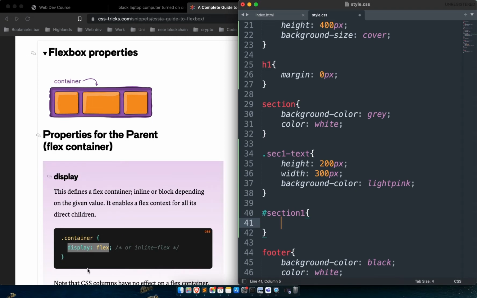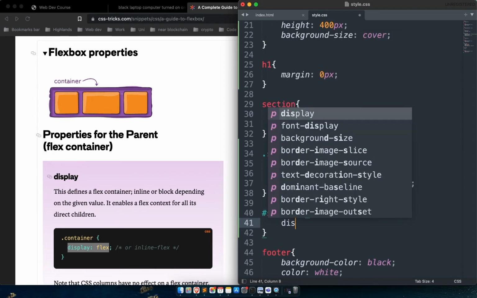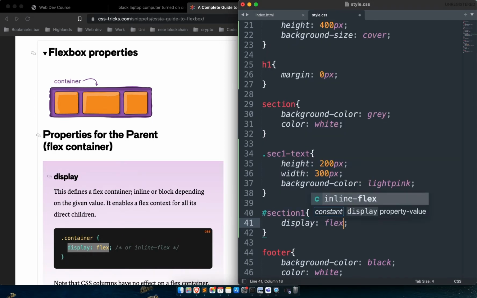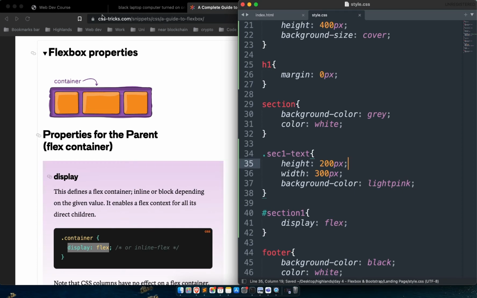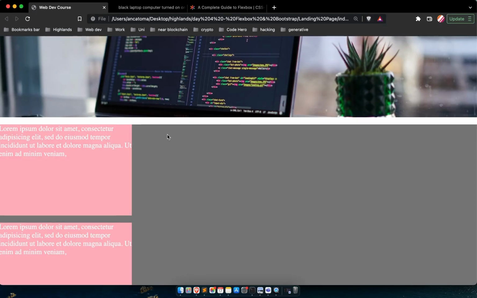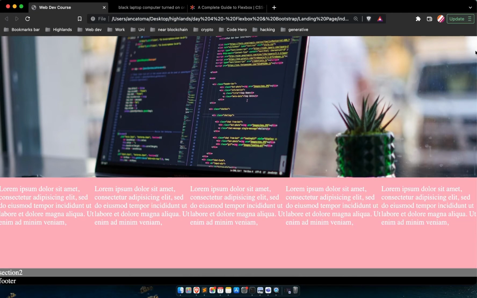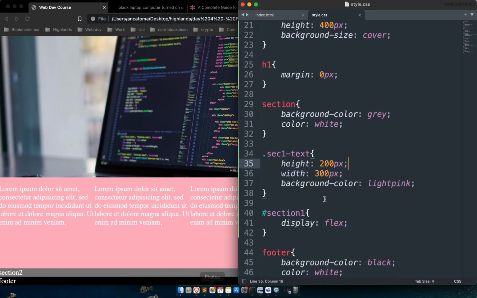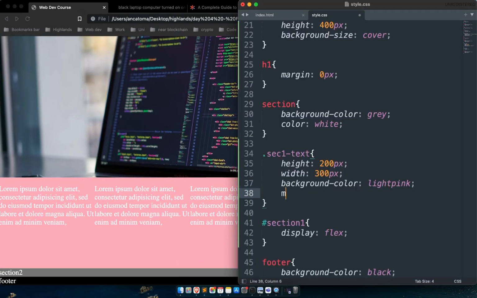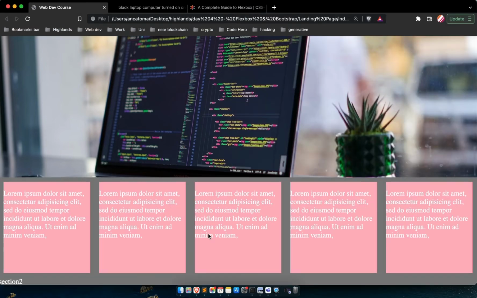I'm going to use the property to start using flex, so display flex. Save this and go back to our website. You can see that they're now in a straight line. Maybe you can give them some margin so we can see exactly where the cards are. So you can see that they're in a line, but they're not really 300 pixels wide,